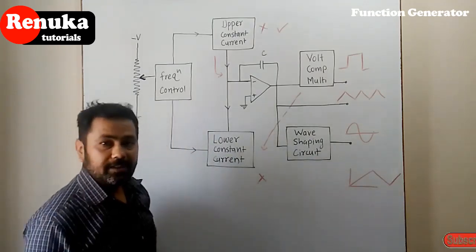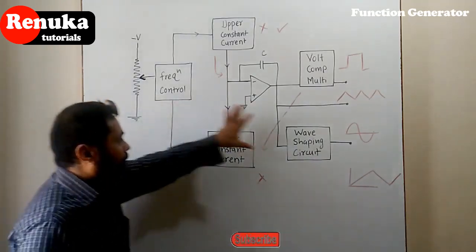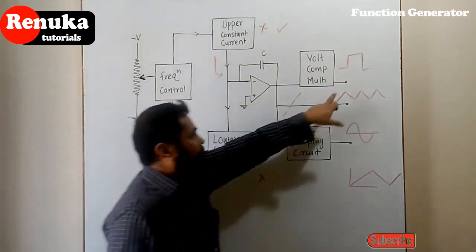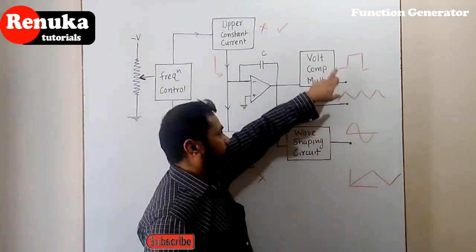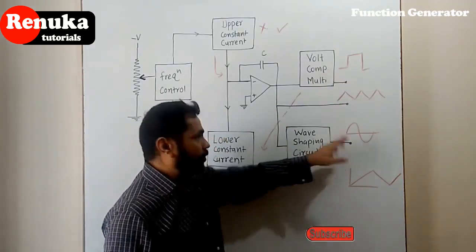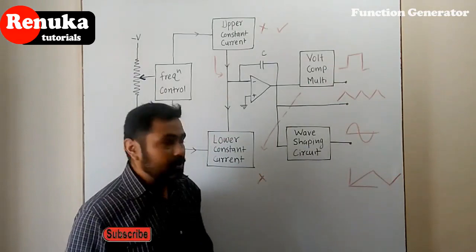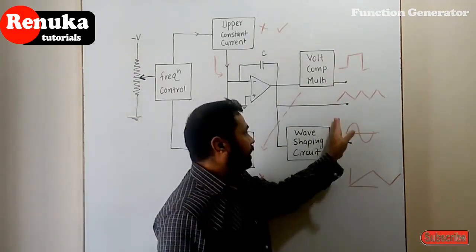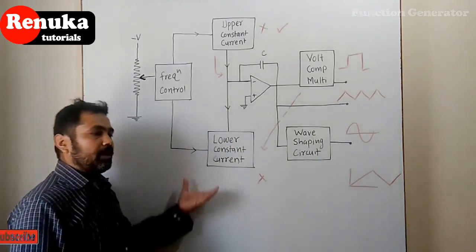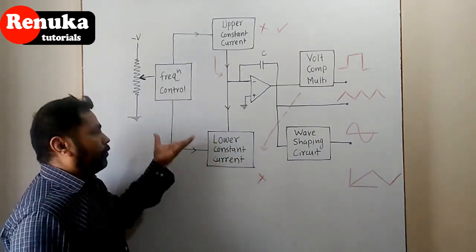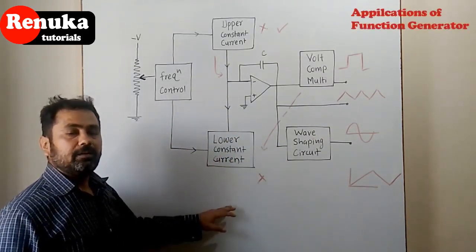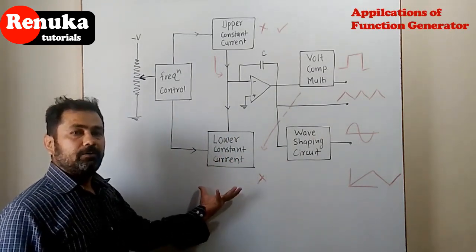So it is also called a signal generator, whose frequency can be changed using this frequency dial. Then if another amplifier is used at the output of the square wave, triangular wave and sinusoidal wave, we can adjust the gain so that the amplitude of each signal can be changed. So by using a function generator, we can generate any signal whose frequency and amplitude can be varied. This is the principle of the function generator.